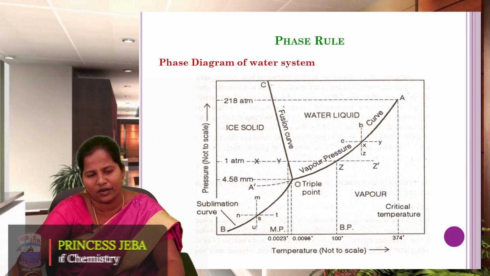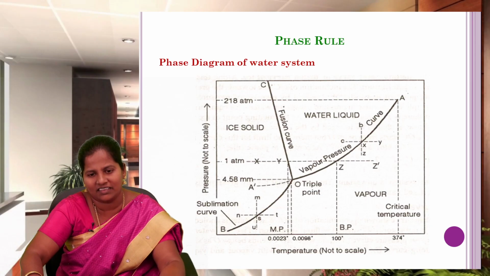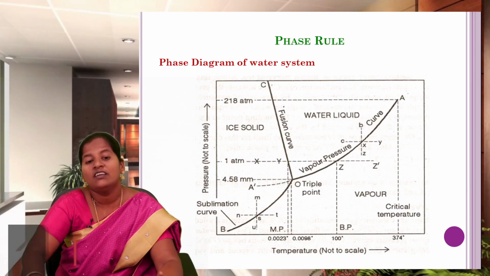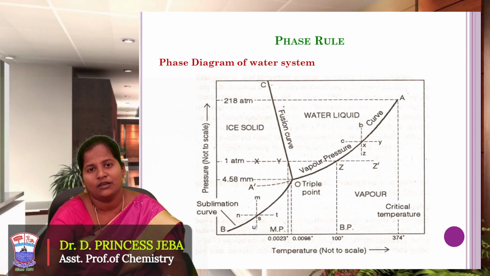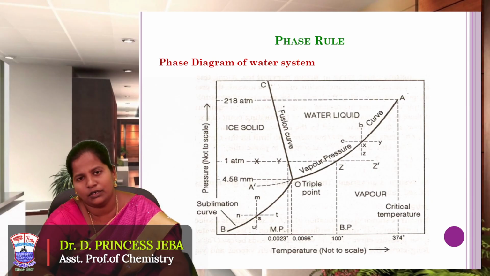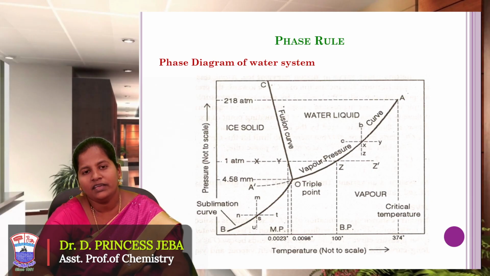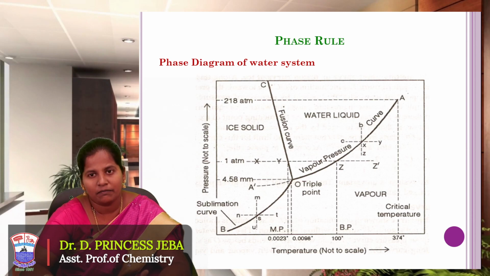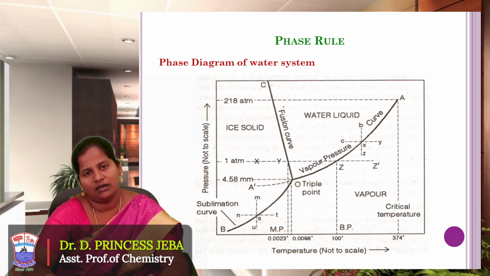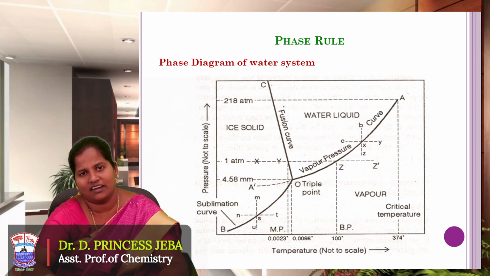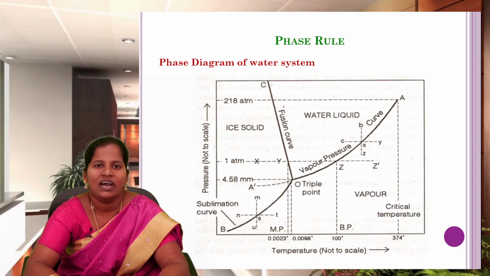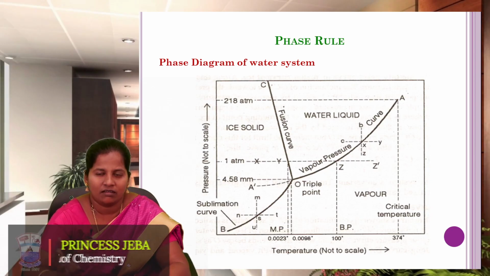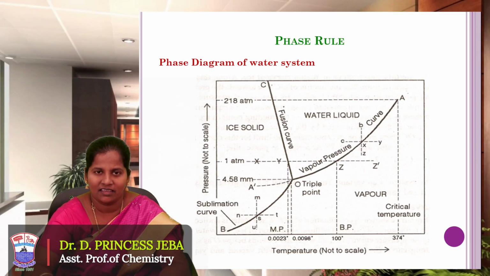There is a significance, because as the pressure increases, the temperature decreases for the fusion. At 0 degrees Celsius, water is converted to ice, whereas when we increase the pressure, water becomes ice at a minus temperature. As the pressure increases, the temperature decreases for the formation of ice. This is evident because the volume of liquid water is very high compared to the volume of ice, which has a much lower volume.